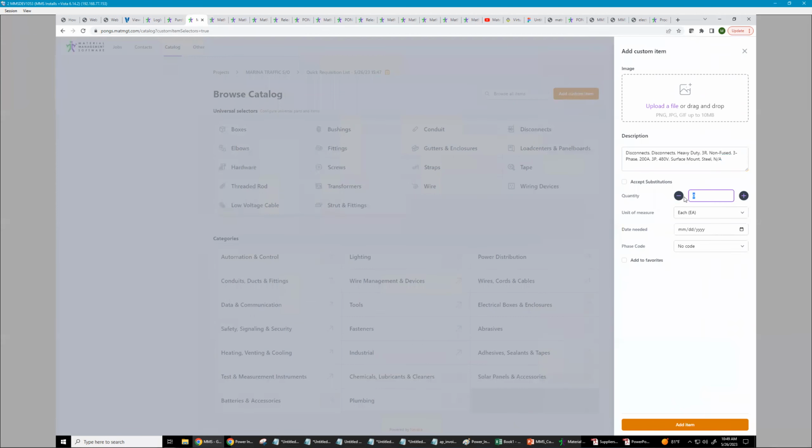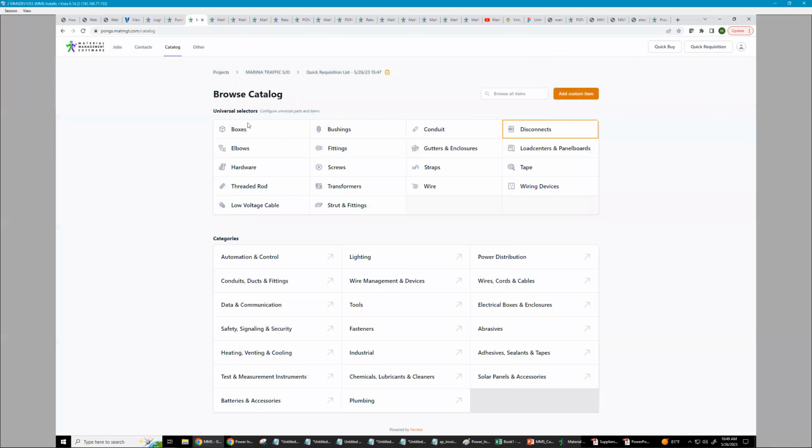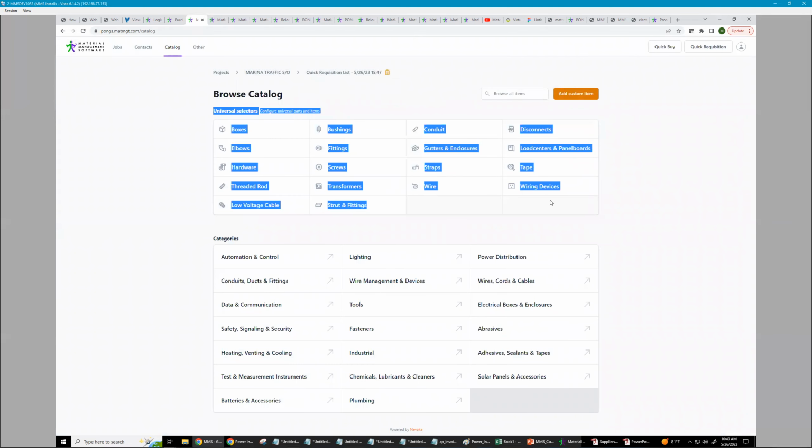I put in a quantity. Hey, I need 2 of those. Again, my material need date, and then I add the item. End process there. Most of the common parts of what you see, you're going to be able to use through the universal selectors. And again, these are going to be